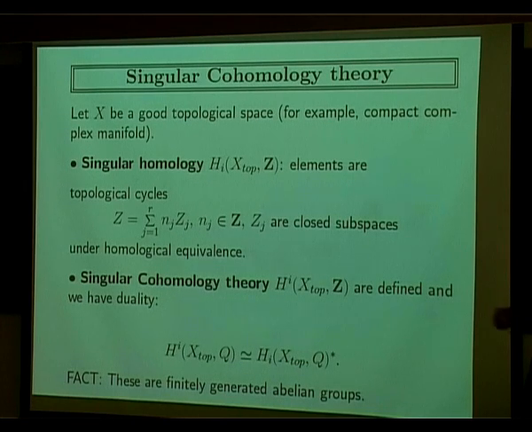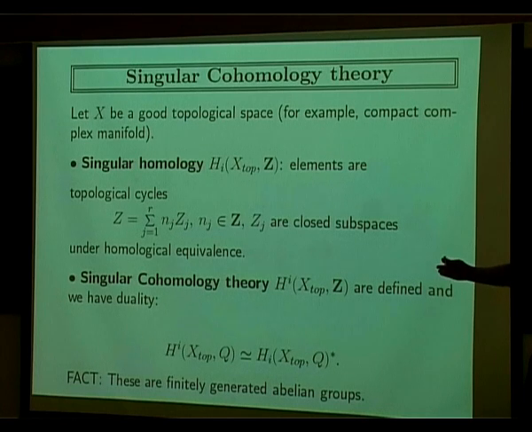So you do that, and what you get are the singular homology groups. So H lower i says this is for dimension i, where the Z_i are closed subspaces of dimension i. At least for good topological spaces, like a compact complex manifold, this definition will correspond to your ith homology groups. But in many cases, if you want some kind of properties, it's convenient to look at the dual theory,